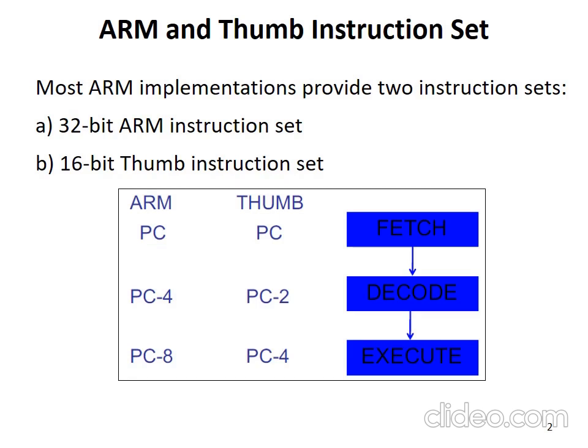That is why it is shown here that the PC is the next instruction to be fetched, PC-4 is the instruction currently being fetched, PC-8 is the address of the instruction available in the decode state, and PC-12 is the address of the instruction which is in the execution state. It is for the ARM processor. The same case holds for thumb instructions also. Here the PC is changed by 2 every time.